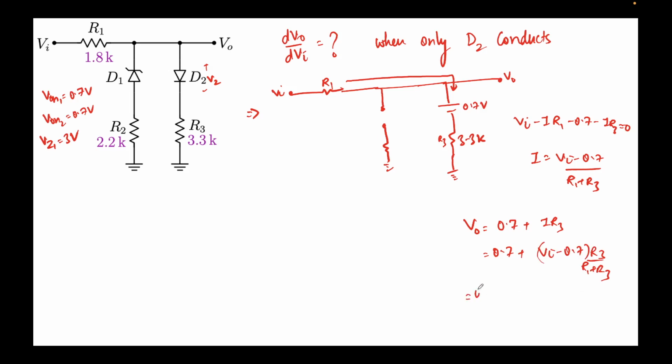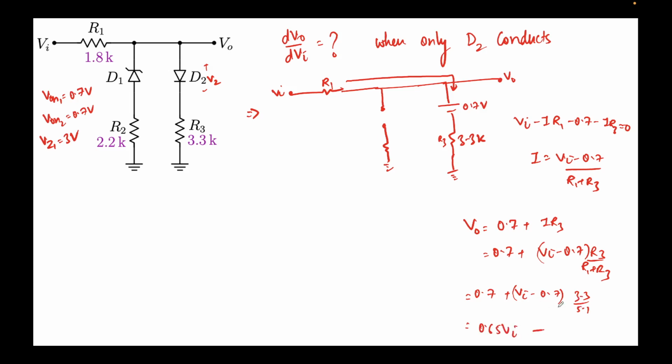So let's put these values just to get the answer. Vi is the variable, so we will not change that. So Vi minus 0.7 times the value of R3 is 3.3 over 5.1, right? 3.3 plus 1.8, so 3.3 over 5.1 comes out to be 0.65. So this will be 0.65 Vi